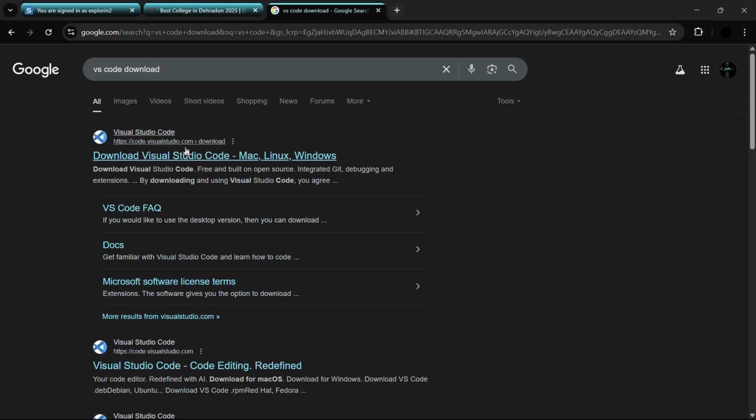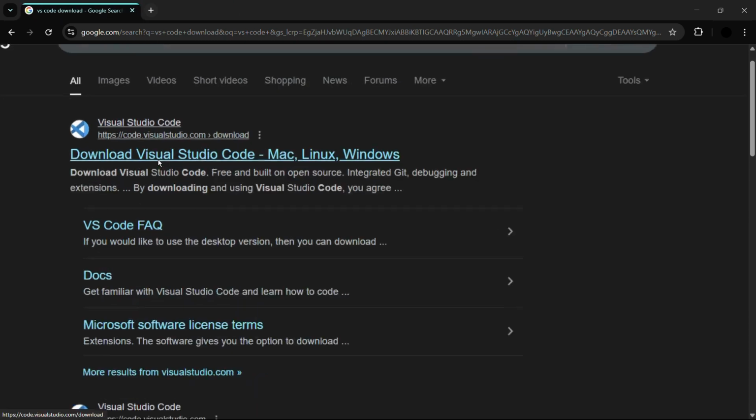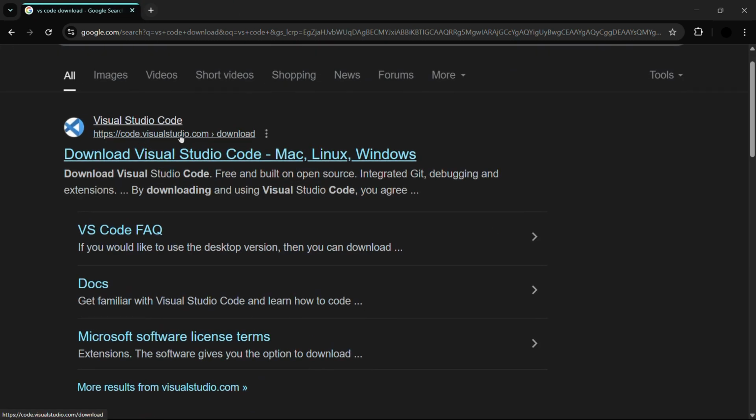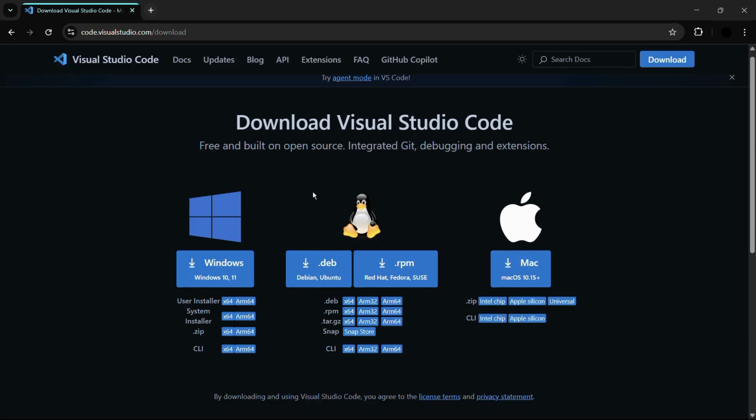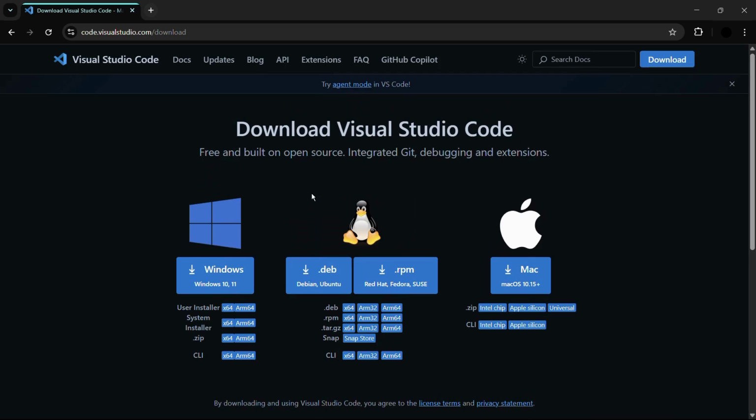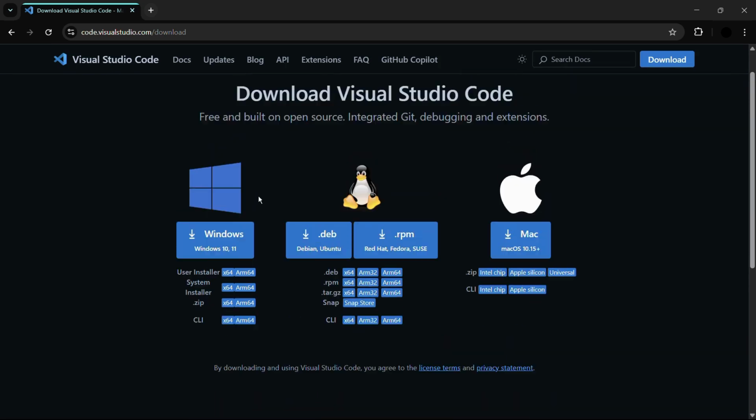And once you search for VS Code download, you can see this particular first link. This is itself from the https code.visualstudio.com. So this is the official Visual Studio's Code website, and you need to click onto this first link that says download Visual Studio Code, Mac, Linux, and Windows. So click on to this, and here is the interface of the website, and on the left hand side you can see all of the downloads which are available for Windows, including Windows 10 and Windows 11,